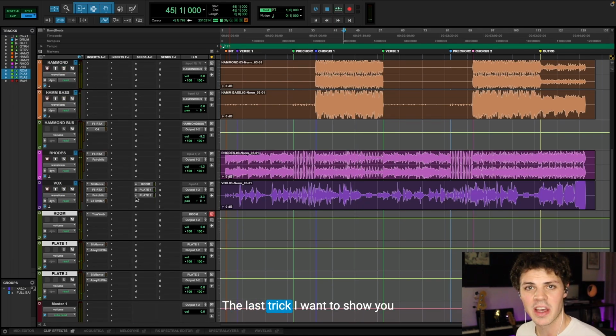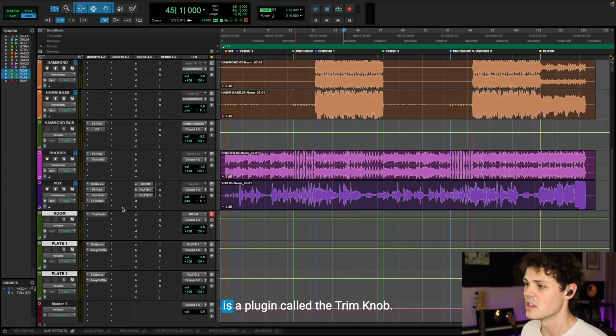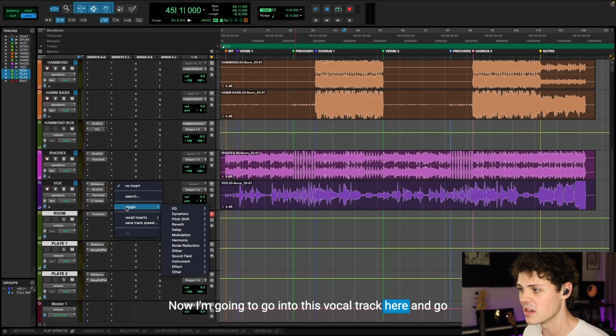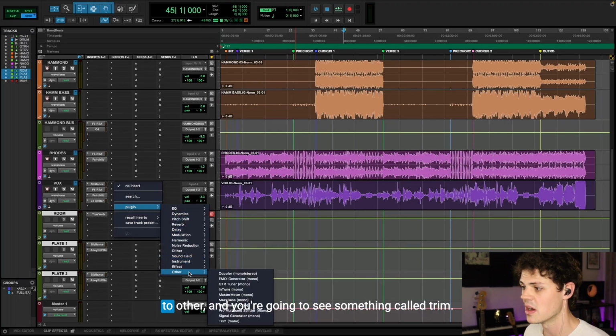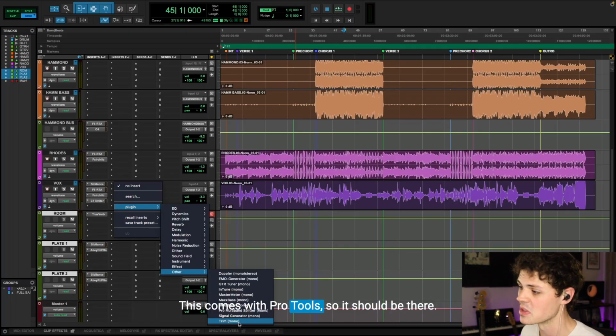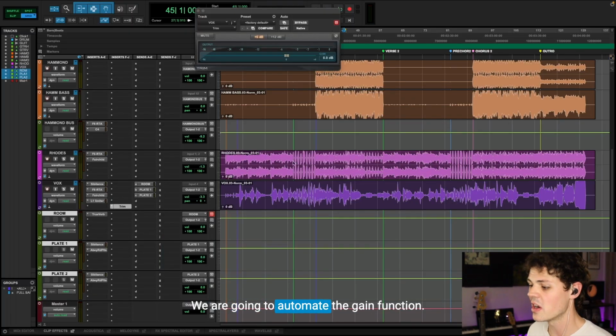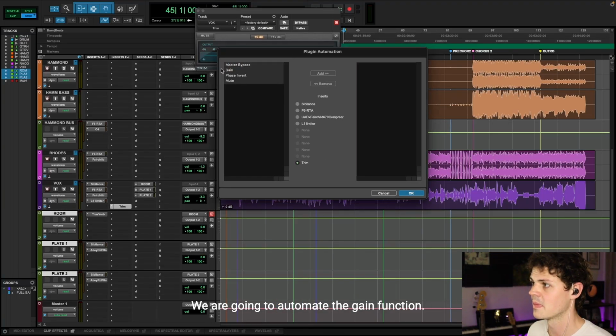The last trick I want to show you is a plugin called the Trim knob. Now I'm going to go into this vocal track here and go to Other, and you're going to see something called Trim. This comes with Pro Tools, so it should be there, I promise. We are going to automate the gain function